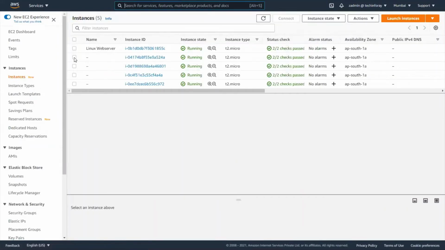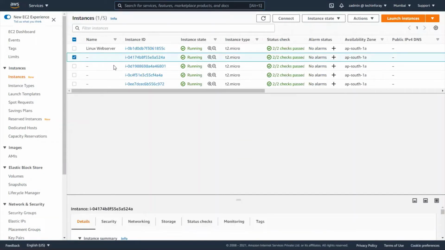So if we terminate one machine that is there in the auto scaling group, then it will... So what I'm trying to showcase is, if any machine gets corrupted or is not accepting the traffic, or there can be any problem with the machine and it's not accepting that traffic. So what I'm trying to do is terminate the machine, as if it gets corrupted, to see how the auto scaling group behaves in that case. So let's terminate this machine.